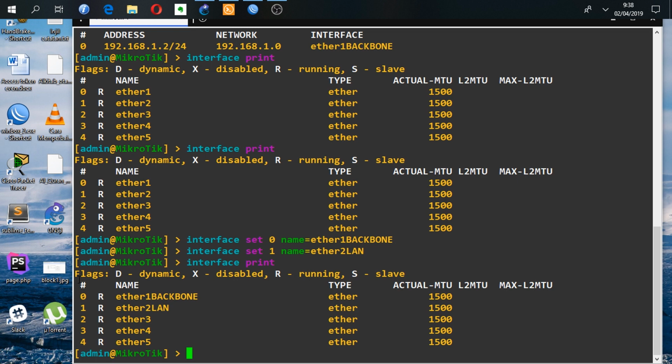I will show you. Use the command interface disable 3, because Ether4 here has index number 3. You can look at here, 3, and okay, I enter.